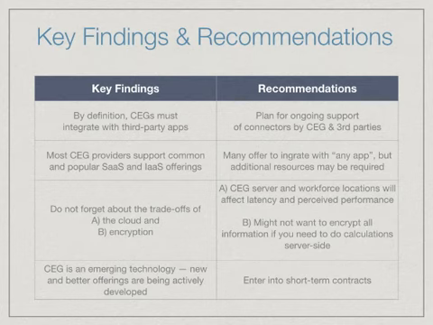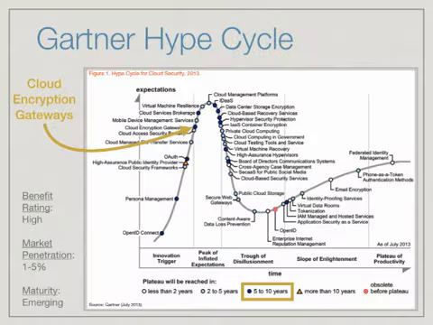Additionally, and this is one Gartner was very prudent to point out, cloud encryption gateways are an emerging technology. There are better offerings being developed and coming out as we speak. To address this, Gartner really suggests that enterprises enter into short-term contracts and/or take advantage of free trials by cloud encryption gateway vendors. This slide shows the position of cloud encryption gateways within the context of the famed Gartner hype